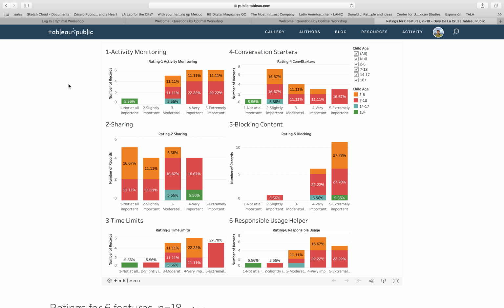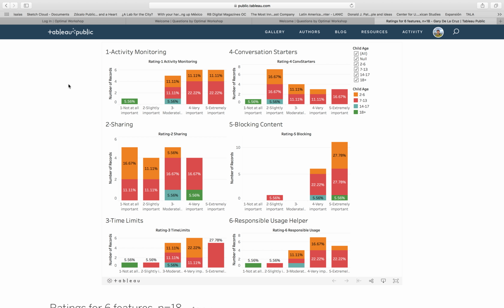And the scale is a 5-point scale from, on the left, not at all important, moving right to slightly important, moderately important, very important, and extremely important. And I also broke down the responses by the child's age, and that's what the color represents.